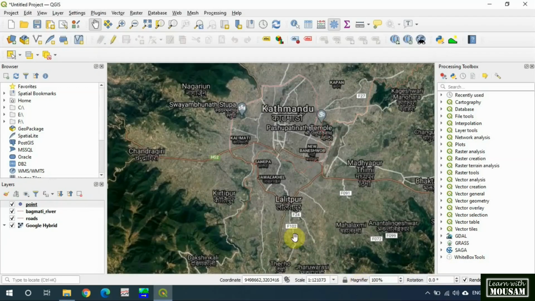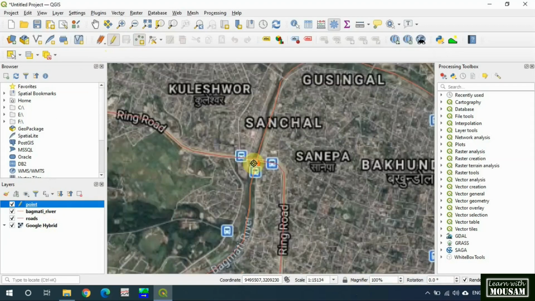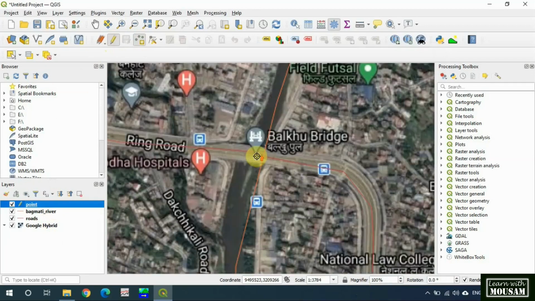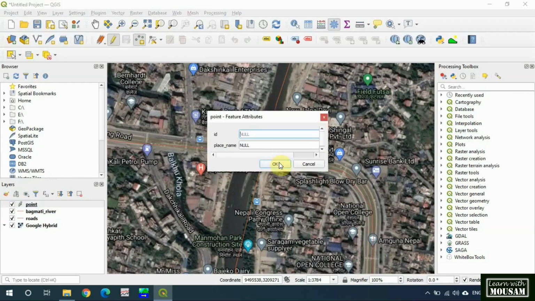Now select the shapefile, toggle editing, add point feature, and click on the point where you want to digitize. Let's click here. OK. Give ID and give place name Balko Bridge.